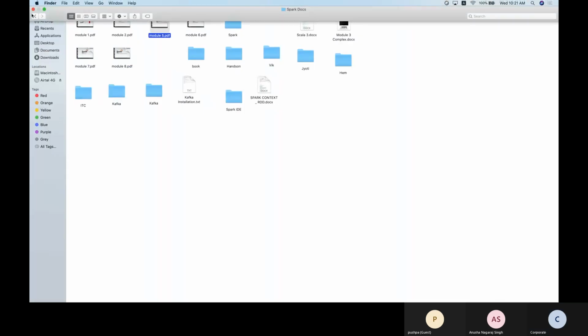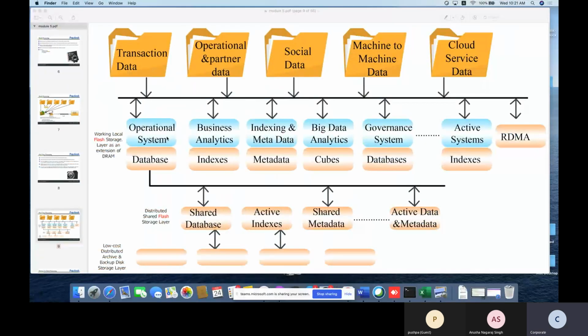So this is batch processing and real time, which is highly in demand in the IT industry.